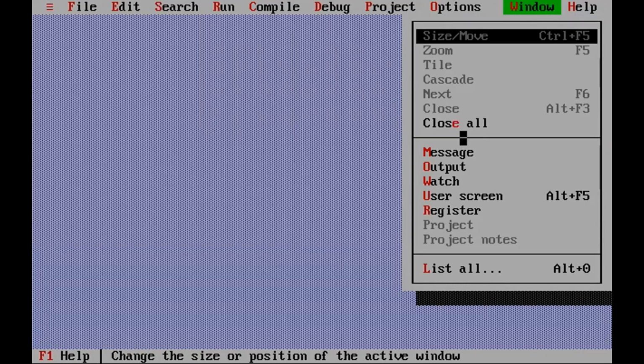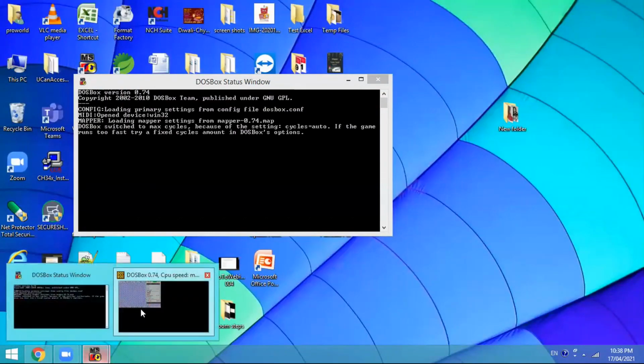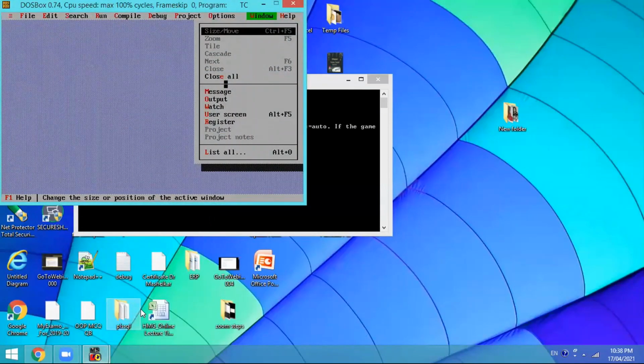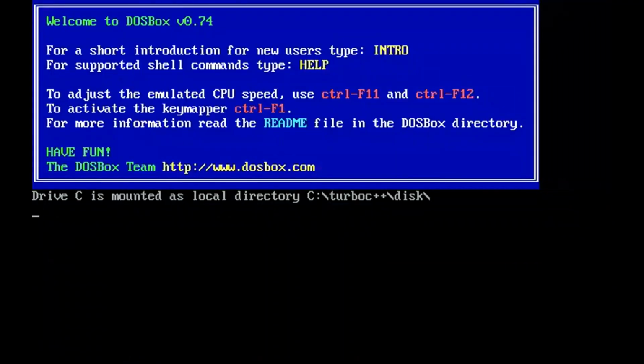It will close all the opened program windows. The next useful option is User Screen. If you press this, the output screen or the user screen is displayed, and here you can observe or view the output generated by the program.